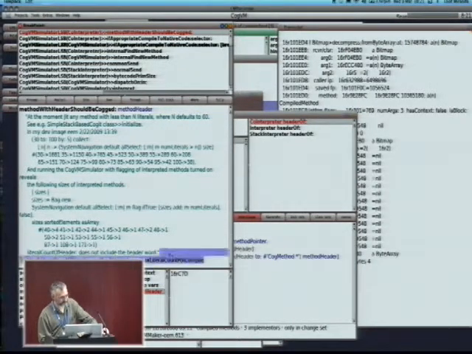So standard policy in Cog for compiling anything is the number of literals smaller than a limit, and that limit by default is 60. But there's a command line parameter where you can change it, right? So this is just a standard simple way of getting rid of big methods. So right now, by default, any method that's got more than 60 literals, and